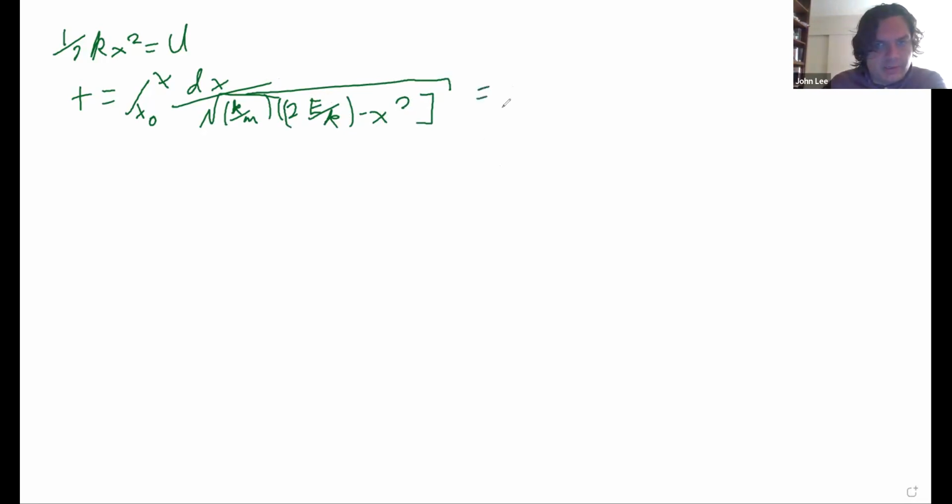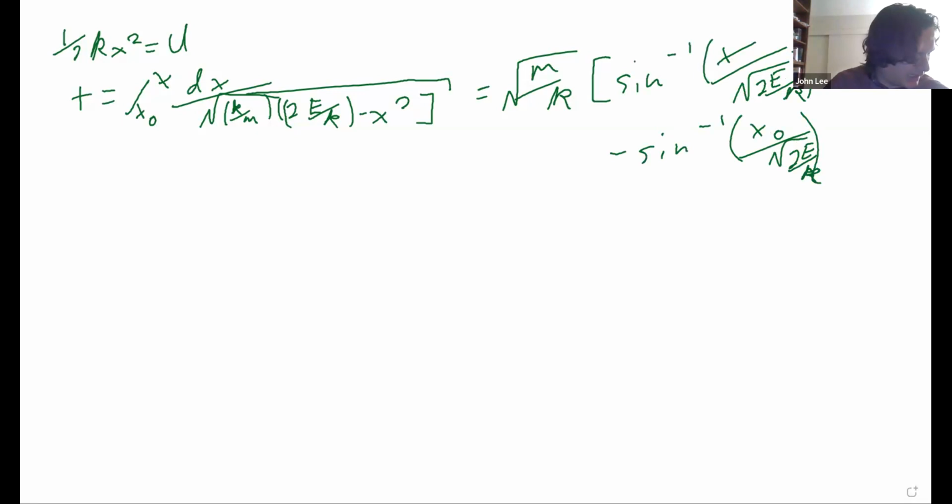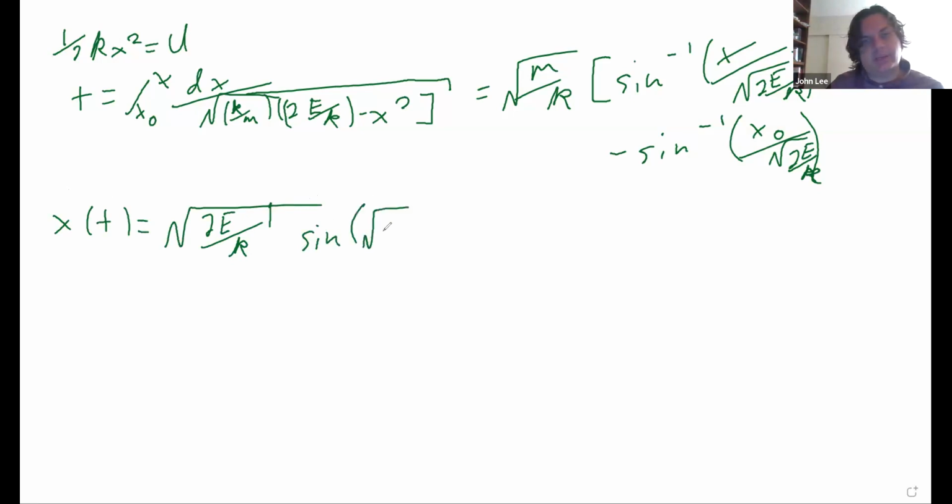just going to give us the square root of m over k times arcsine of x divided by the square root of 2E over k, minus arcsine of x naught divided by the square root of 2E over k, which gives us, if we rearrange the variables and do algebra to it, x of t equals the square root of 2E over k times sine of the square root of k over m times t plus 90 degrees,